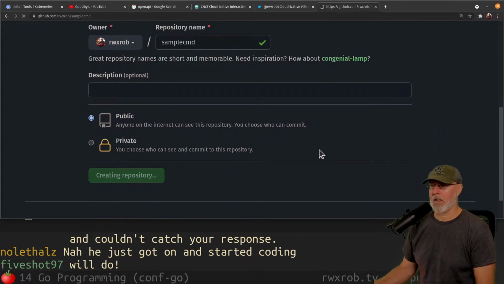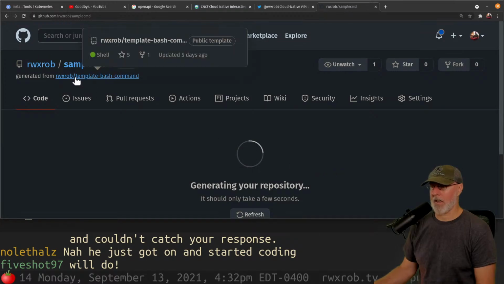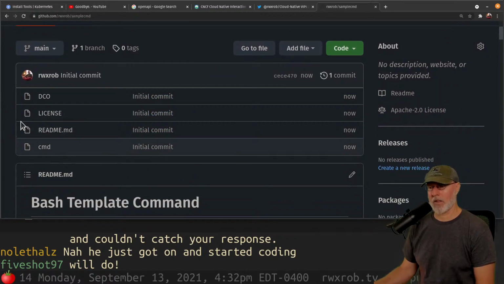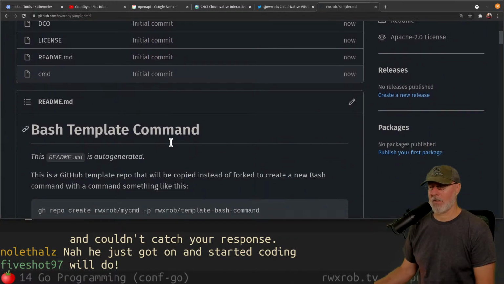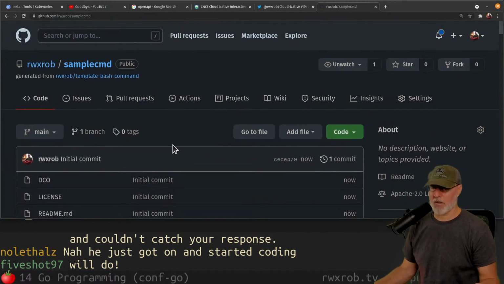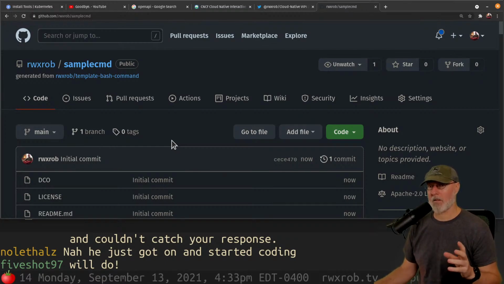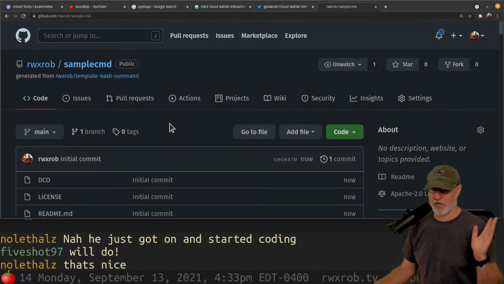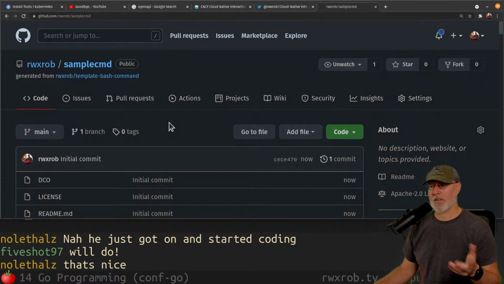Then you do create repo, and it actually copies this, puts a little note up here about what it was built off of, and makes a new one. It gives you all the fresh boilerplate code to fill out and fix and change. So step 1, get yourself a GitHub account, obviously. And step 2, start considering those template repos that have the stuff in them that you want to repeat over and over again. Somebody, a member of our community, I can't remember who, actually hacked my newx command, which is in my dot files, to download and use a template as the basis for a new command when you want to make a one-off new command really quickly.